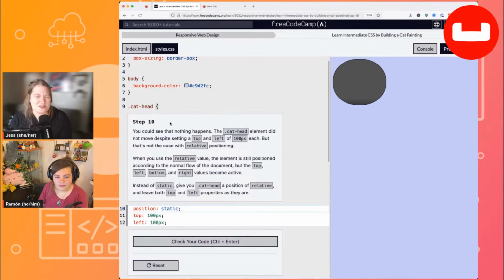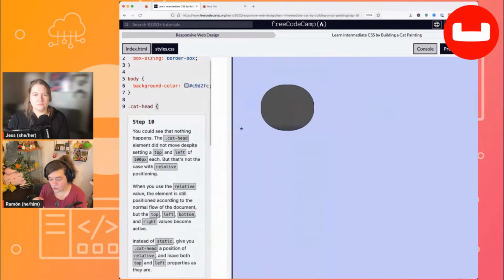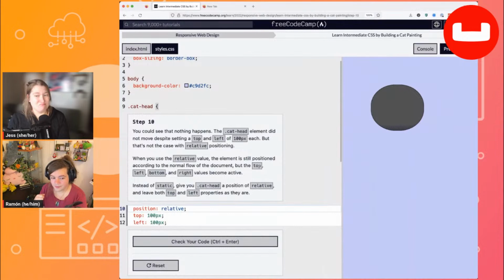So it does nothing. Do you know what? It's because we wanted you to see the difference. We wanted the contrast. So we're going to set this to relative. So now these top and left values are going to be applied by pushing it 100 pixels. Yeah, there we go. So now it's applied to be 100 pixels down and 100 pixels to the right. And when we move this around, you notice it's relative to